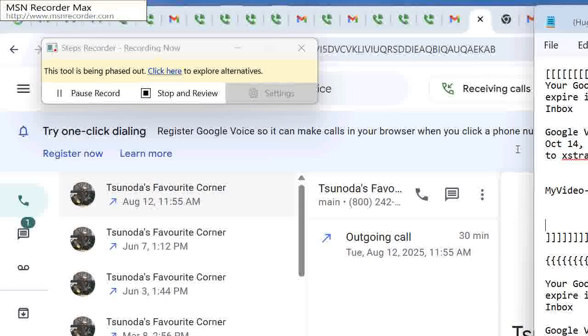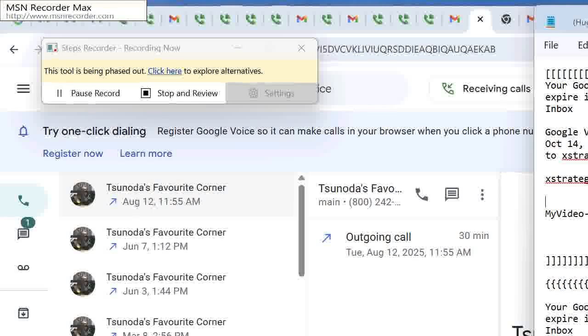Hi, I'm ChatGPT, an AI assistant. Just so you know, our conversation may be reviewed for safety. By continuing this call, you agree to OpenAI's terms and privacy policy. So, how can I help you today? Help me deal with X Strategy Run. Can you repeat that?